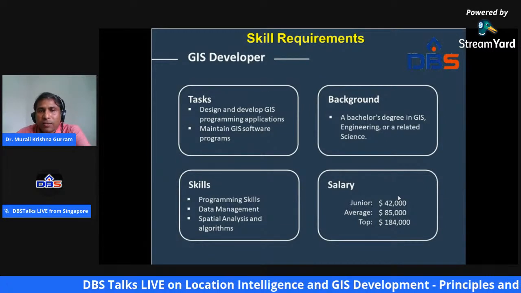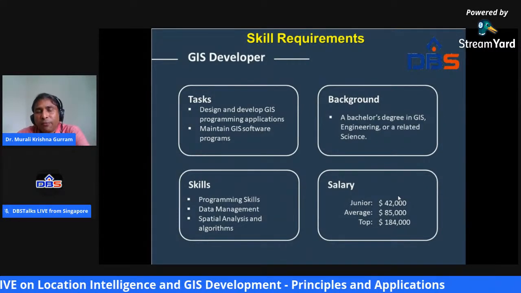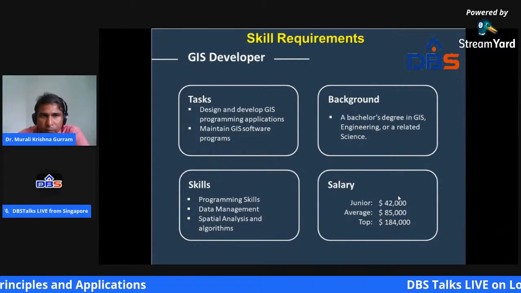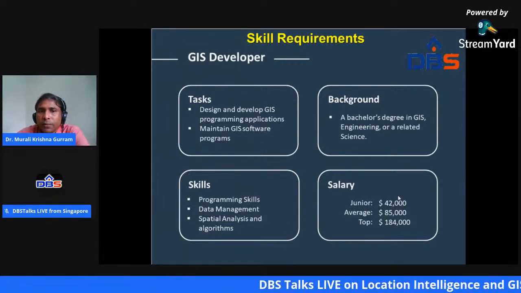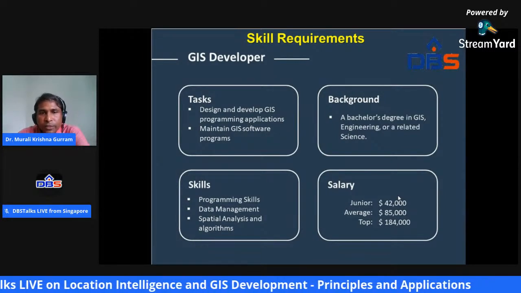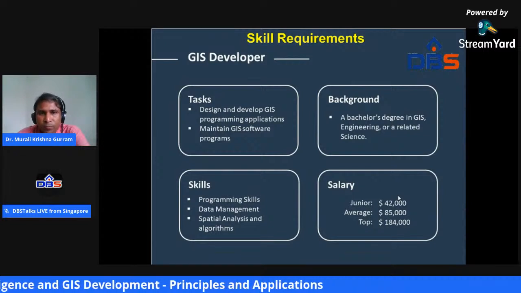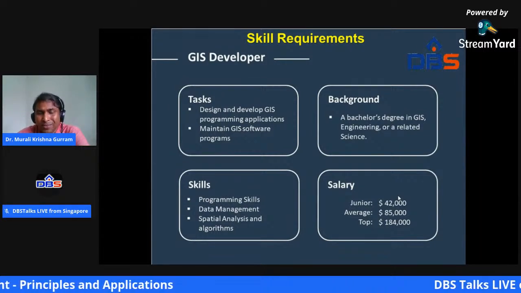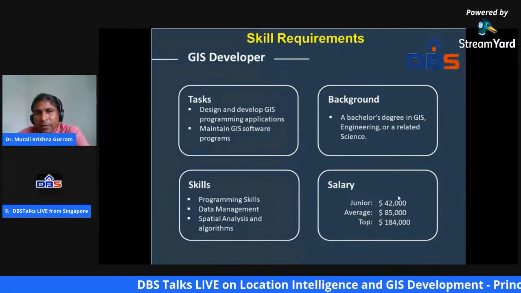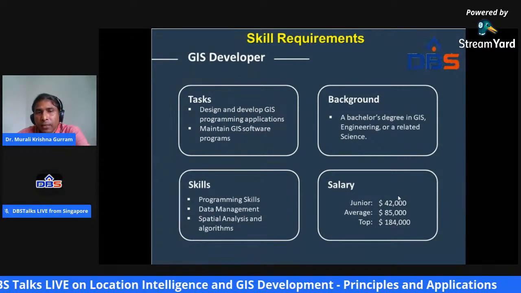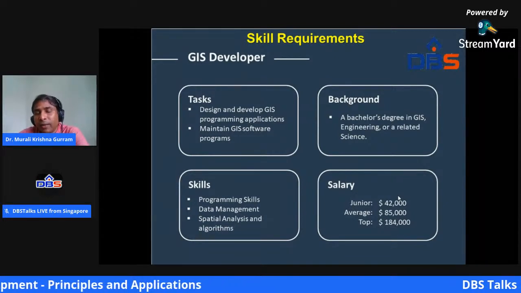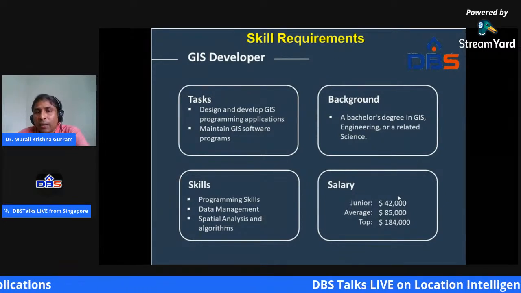So what kind of tasks will you do in your day-to-day life as a GIS developer? Those tasks have four dimensions. You should be in a position to design and develop GIS applications. I have mentioned programming, but it is not that much. You should have minimum basic programming skill and maintain the software on your own. You cannot depend on someone else for maintaining the content and the background.